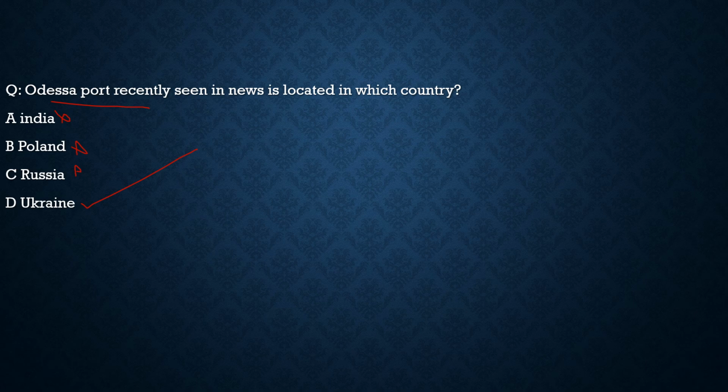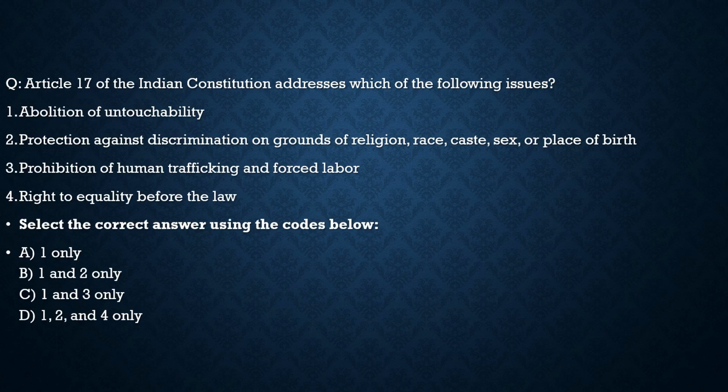With this, I hope you had understood the questions which we had discussed here, and also you had got the context of the news, which was very much essential. After that, let's move to the next part of our discussion, which is discussing the static topic question. Today we have to discuss Article 17 of the Indian Constitution. This is a very small article, nothing much can be discussed in it. Here, let's try to solve the question directly and get the knowledge as soon as possible.